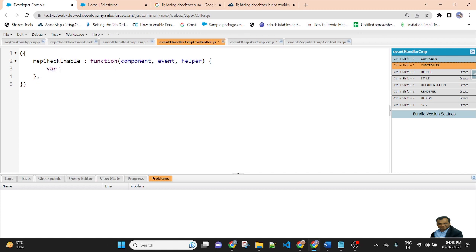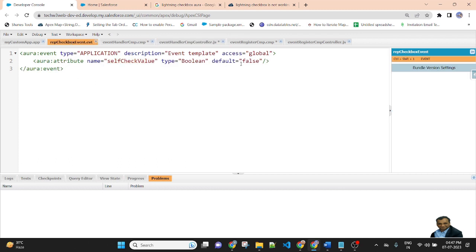Create a variable equal to event.getParams, and in the brackets pass the value. So this is the selfCheckValue, the attribute value of the event.